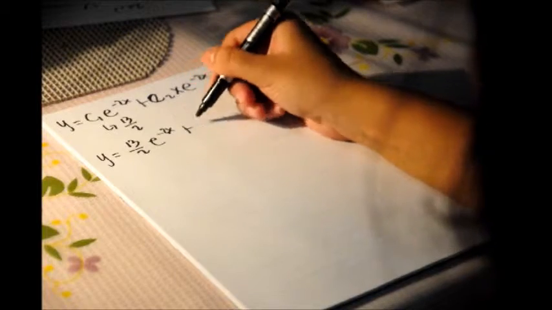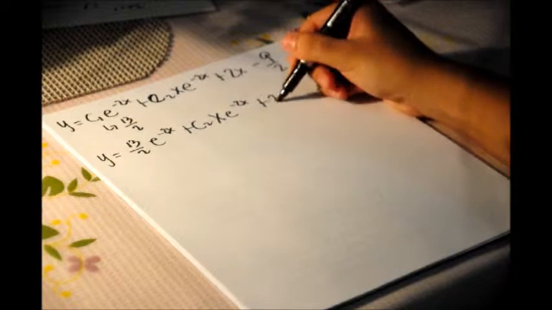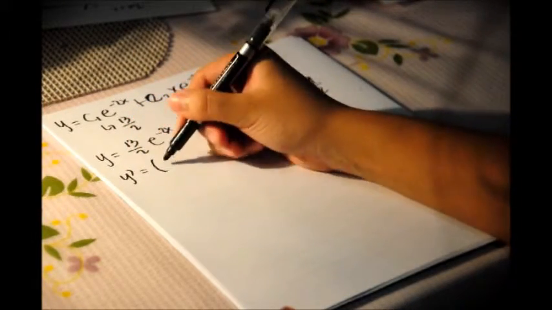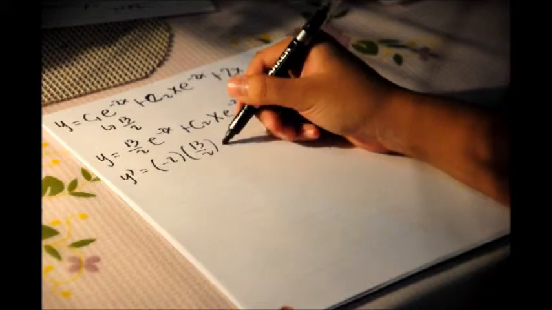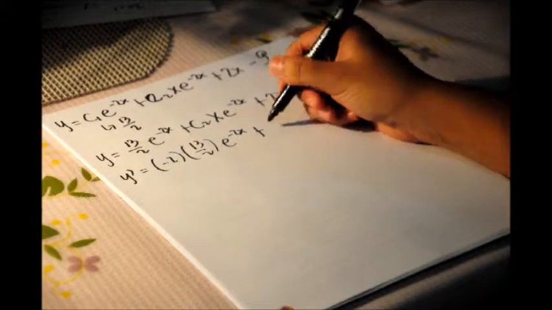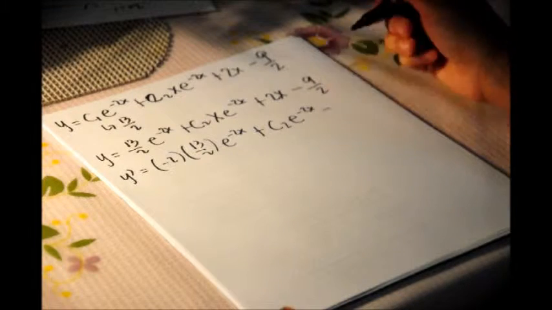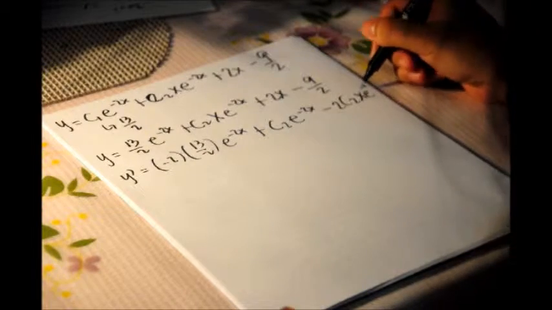So y is equal to 13/2 e to the negative 2x plus c2 x e to the negative 2x plus 2x minus 9/2. Now let's get y prime. Y prime is equal to negative 2 times 13/2 e to the negative 2x plus c2 e to the negative 2x minus 2 c2 x e to the negative 2x